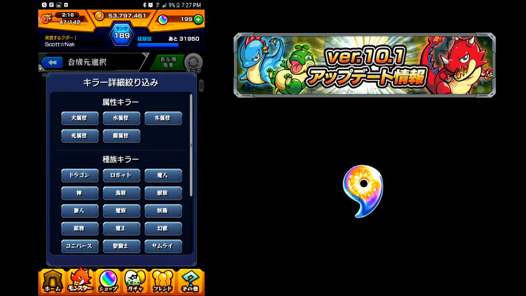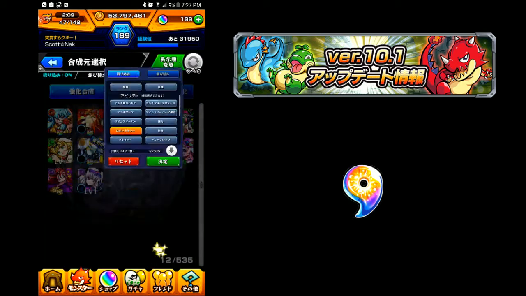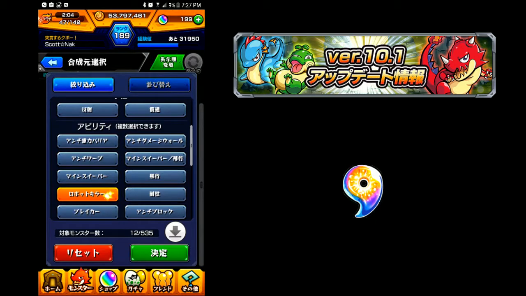You can't pick multiples of them though, so you can only pick one at a time. So let's see, I want to see what the robot killer is. Then it'll come back to the screen, and then you can see, oh hey, I have all of these robot killers. Or if you want to pick a particular